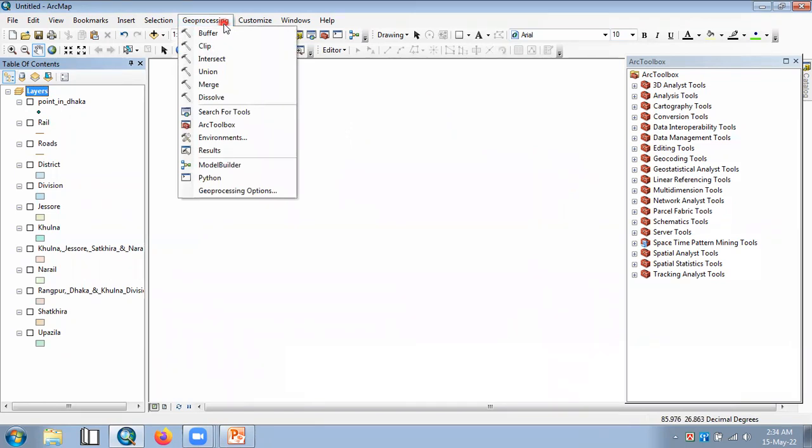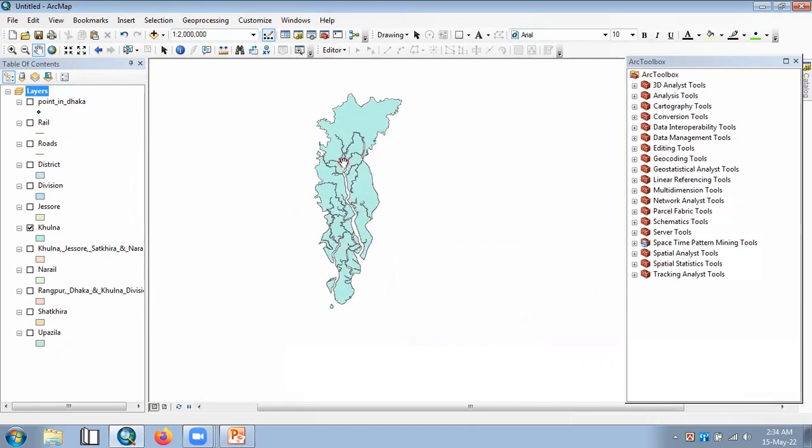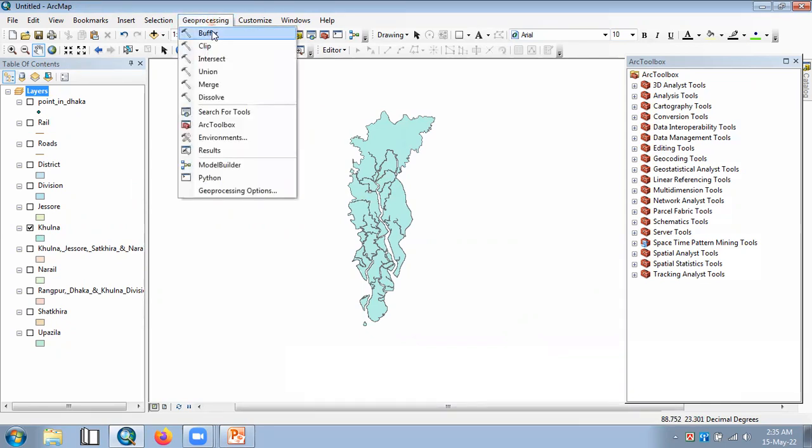So first of all, let's work with the buffer. In the buffer, I will show you that this is the map of the Khulna city. Let me zoom here. So suppose I want to make a buffer around the Khulna city of 10. I will make a 10-kilometer buffer around the Khulna city. To make such a buffer, I have to go to the buffer